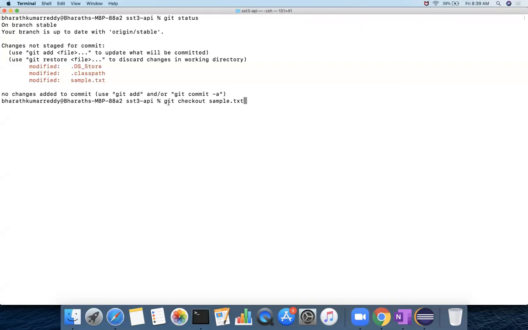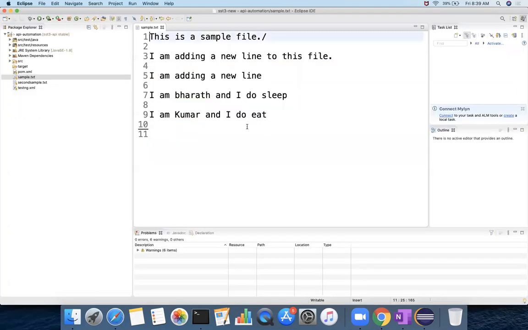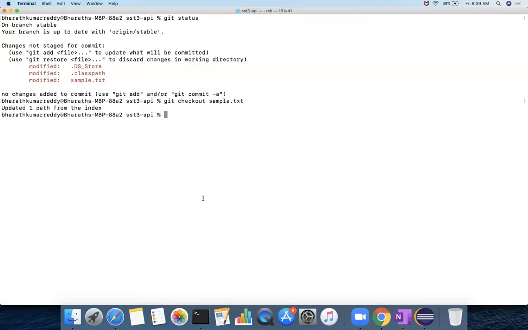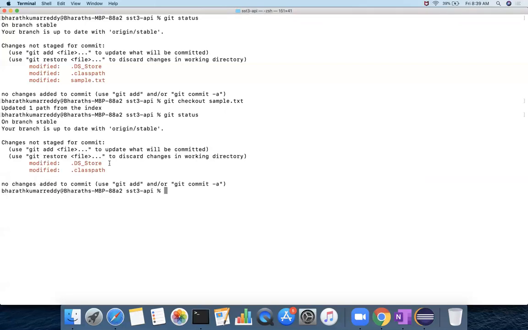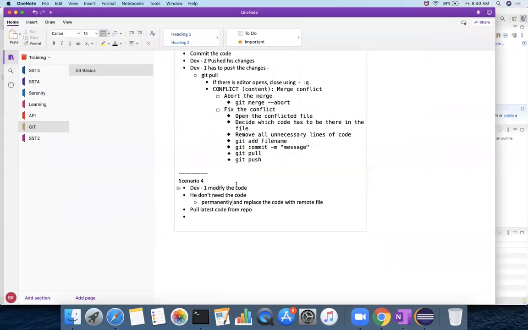Whenever you use checkout with the file name, it will remove the changes you have in that file. See, that extra code has been removed, and when I run git status, it is clean. So this is one thing we have: git checkout and the file name.